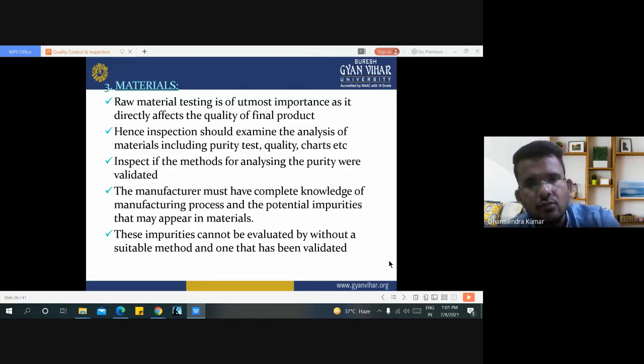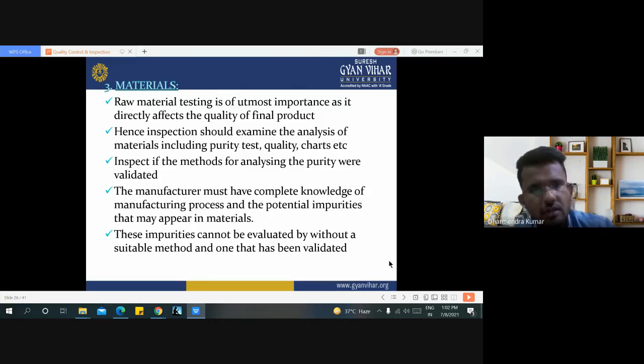Hence inspection should examine the analysis of materials including purity test, quality test and so on. Inspect if the method for analyzing the purity was validated or not. Also, not only inspecting the material, we also have to inspect the proper method which we are using to calculate the quality of raw material.